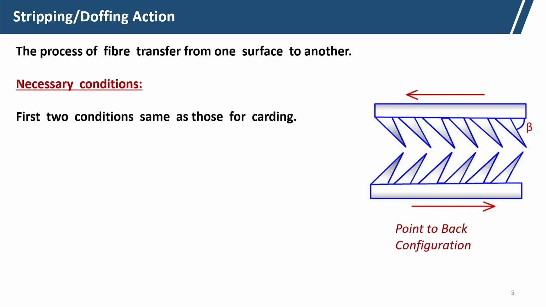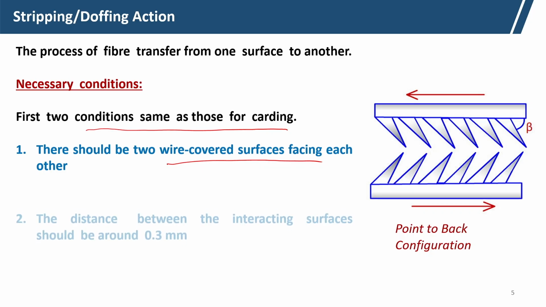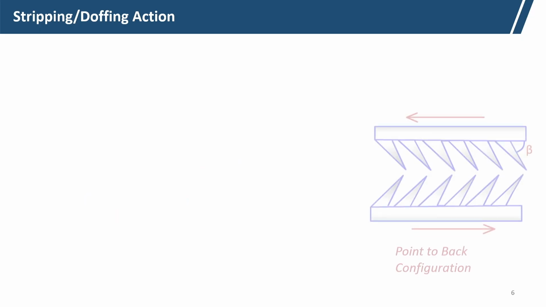So, there has to be first two conditions same as carding action, like there should be two covered surfaces of wire points, and the distance between the two interacting surfaces should be around 0.3 millimeter. If it is more, then the fibers will not effectively get transferred to the faster surface. And the third one, which is different, is that